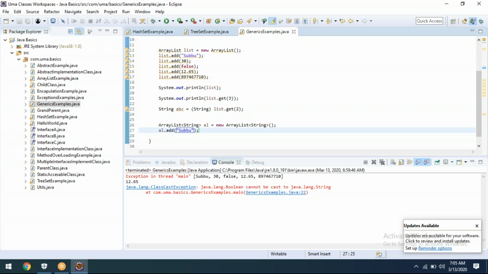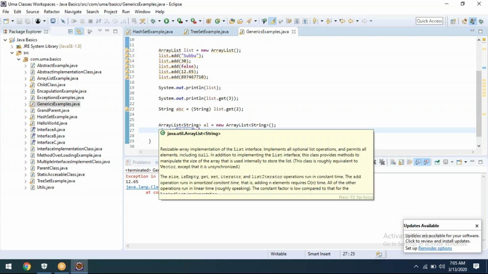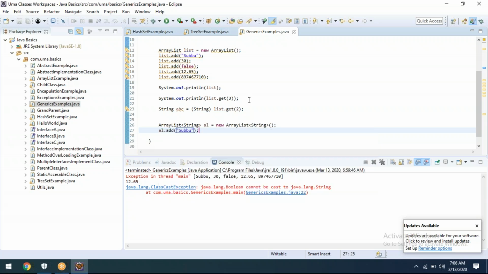And one thing, now everything is gone. It's fully tightly coupled and type safe, hence there is no bubble over there. Nothing came, and the warnings are back. Getting my point? Hence what we need to understand here is that we should always use generics for any type of collection.